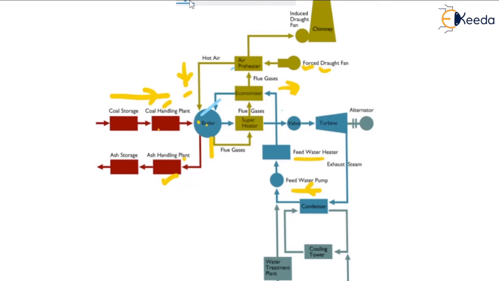That steam is sent to this turbine through the valve. You can see here this is the superheater. After converting to steam, this steam is once again heated in the superheater, and then it is transferred to the turbine. Whatever flue gases remain, after heating the economizer, will go to the chimney, attracted by the precipitator. So this is all about the generating power system in detail. Thank you.